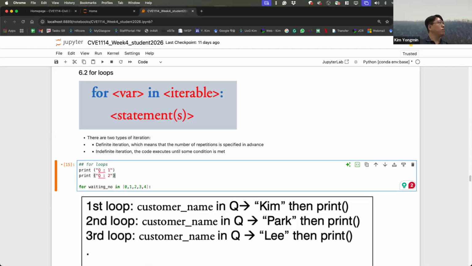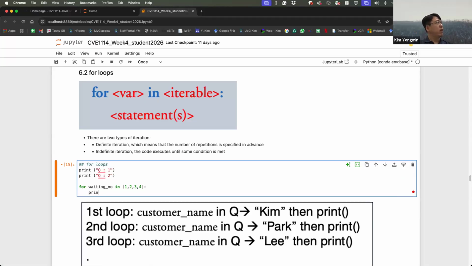Okay, we will remove the 0 because 0 has no meaning. 1 is the first Q number. Let's say your waiting number is in 1, 2, 3, 4. Then I will print Q number is now, delete your brackets.